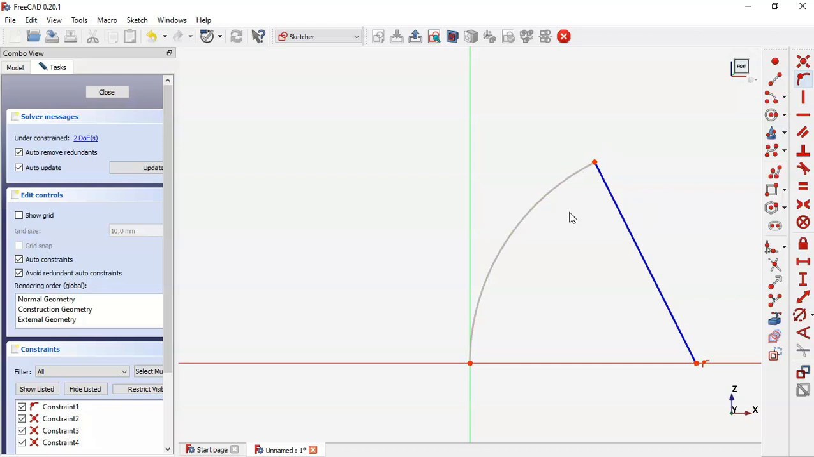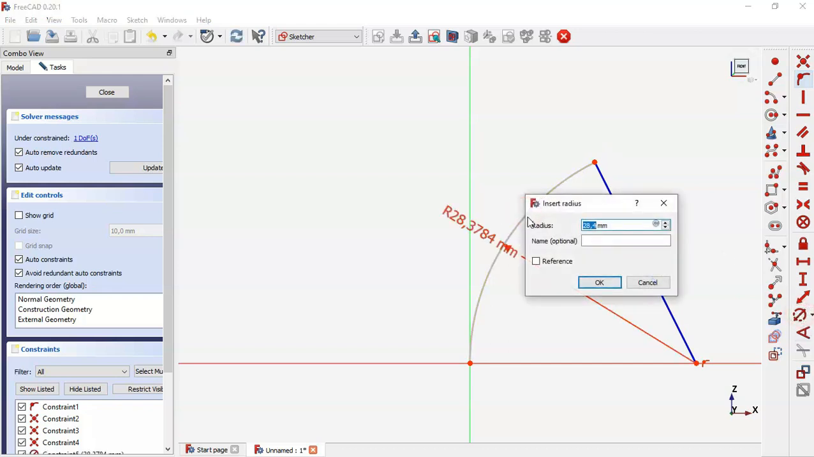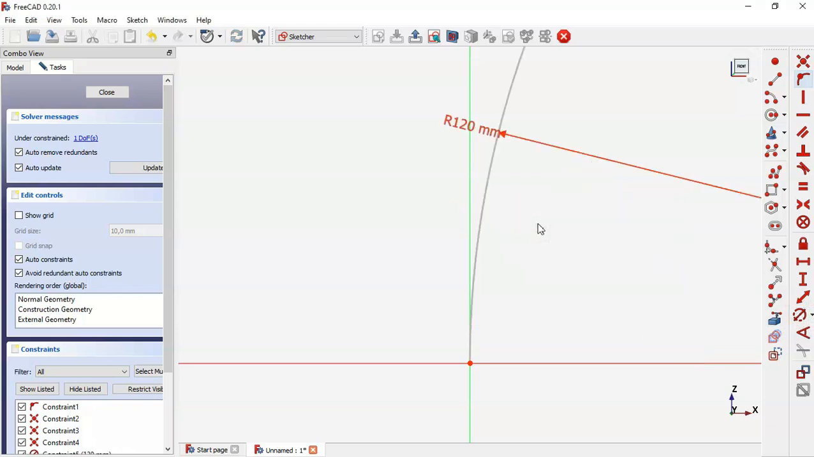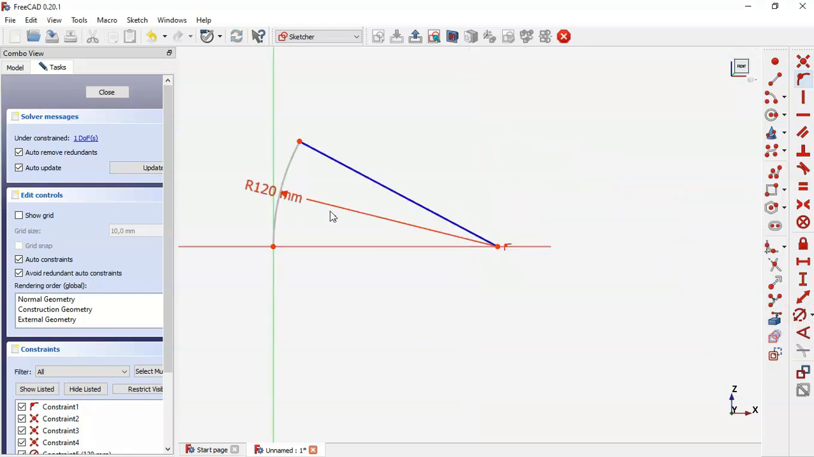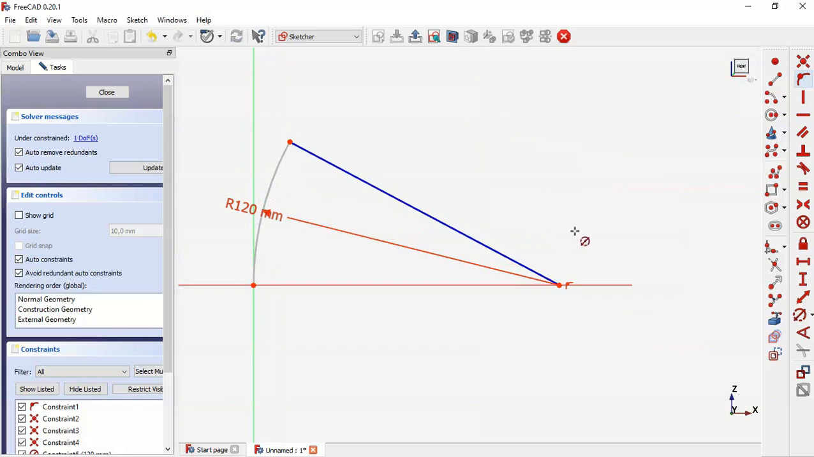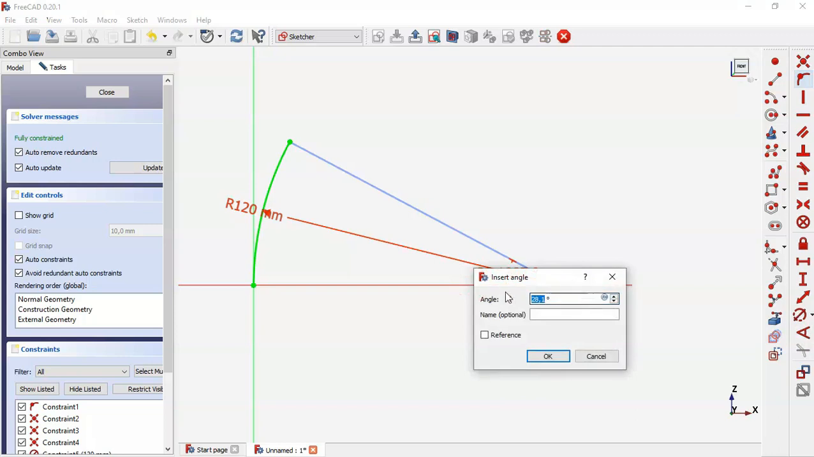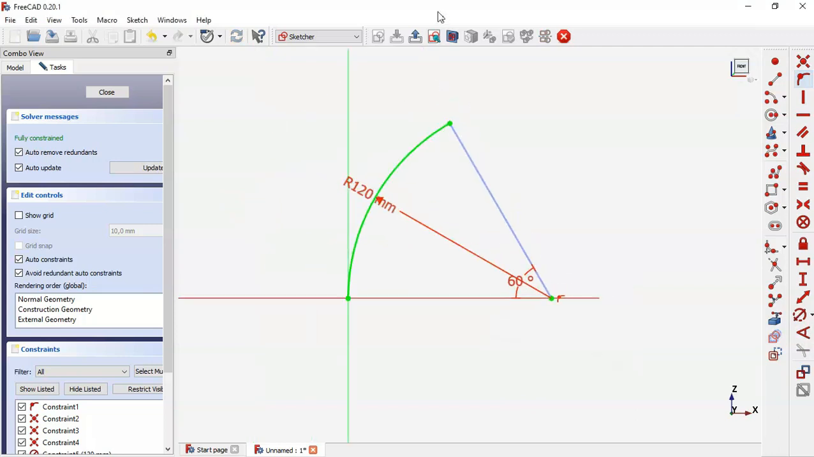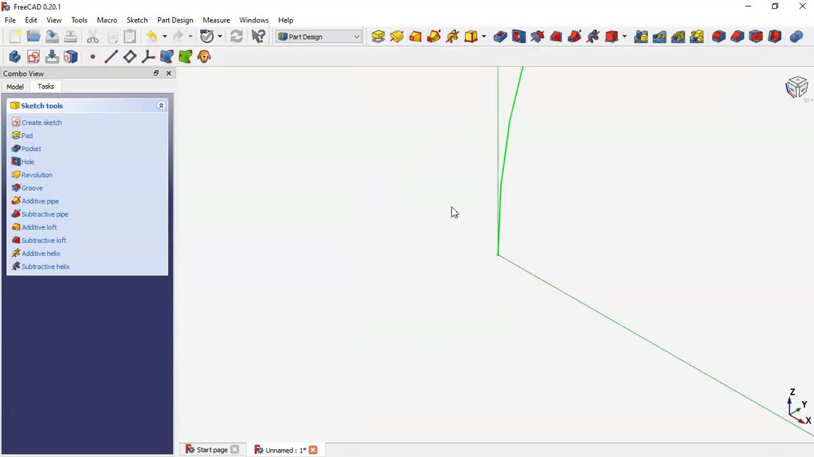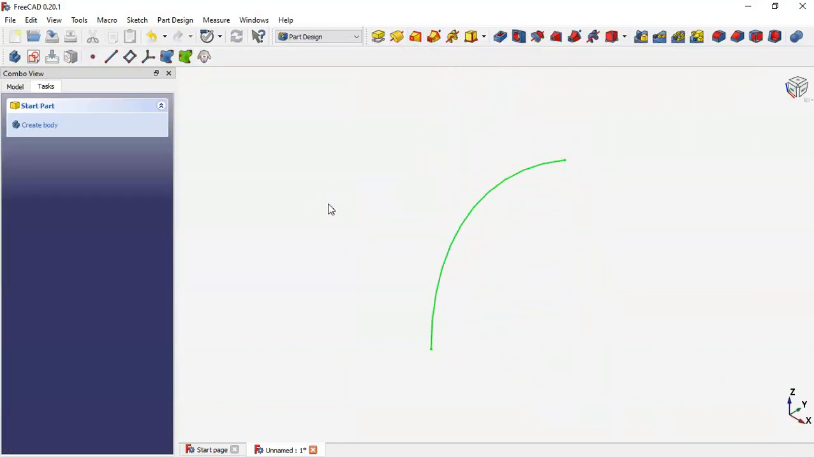Okay, and next here we select this constraint and we set the radius of this arc here to 120, and next zoom out, and now we'll set the angle between this line here and this horizontal line. So what to do is to select this constraint here and select these two lines, and here we set an angle of 60 degrees. And now leave this sketch here, press home,